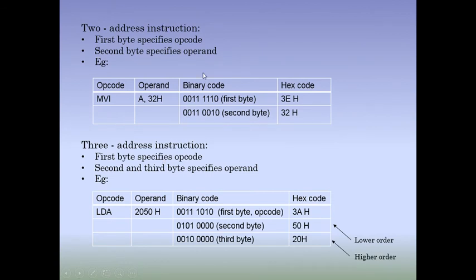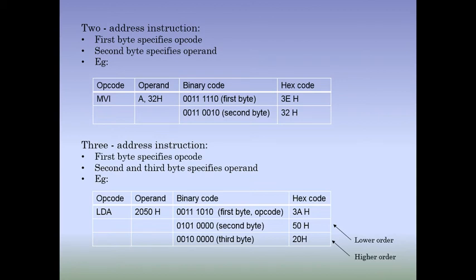Next is 2 address instruction. 2 address instruction means it will require 2 memory locations in a computer system, and considering 1 memory location can store 8 bits, that is 1 byte, we can say 2 byte instruction or 2 address instruction. Okay, so when it requires 2 bytes in computer memory to get stored, the first byte will store the opcode and the second byte will store the operand. Or ultimately we can say we will require 2 memory locations. The first memory location will store the opcode, and the other memory location will store the bits of the operand field.